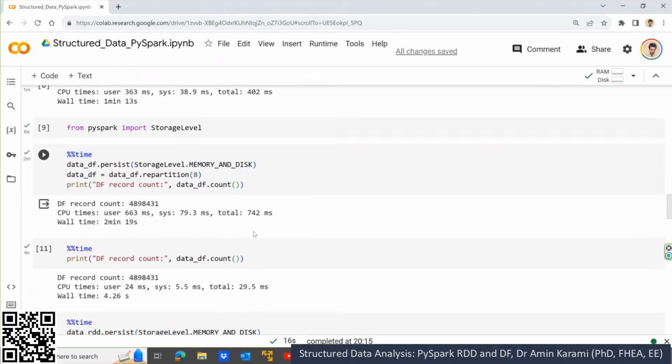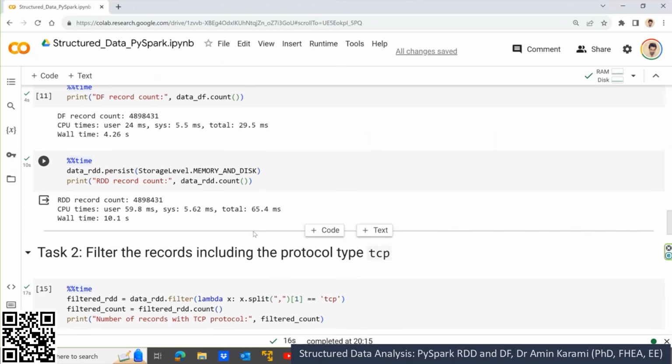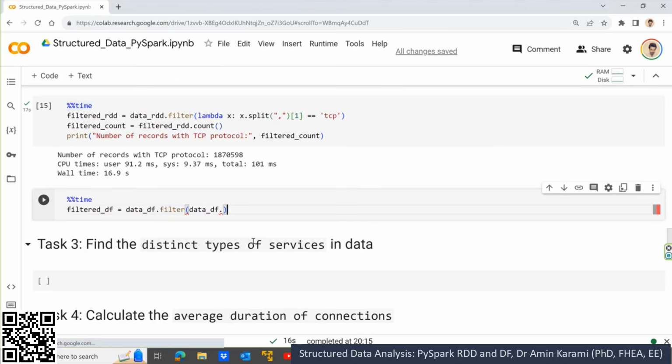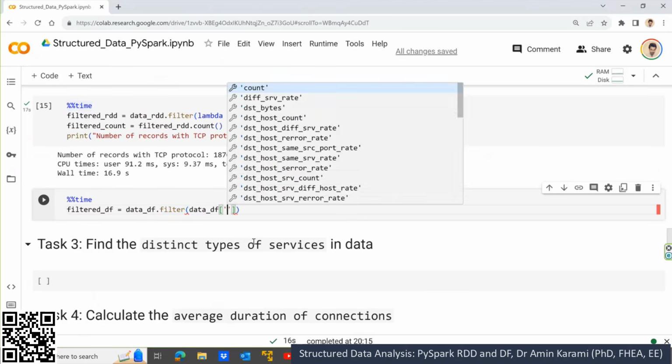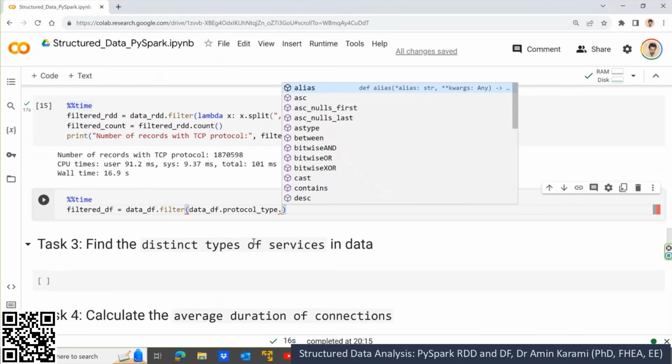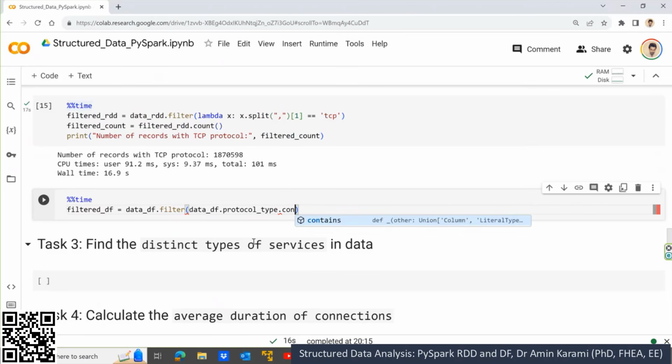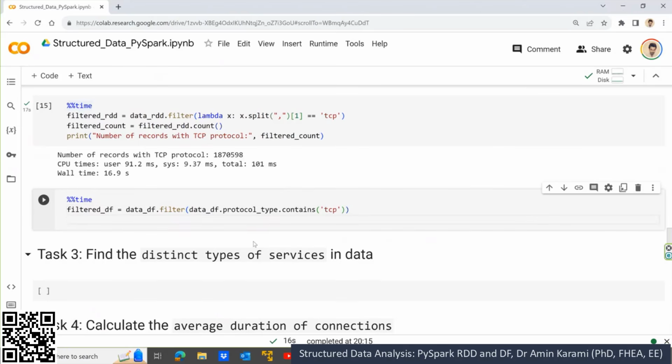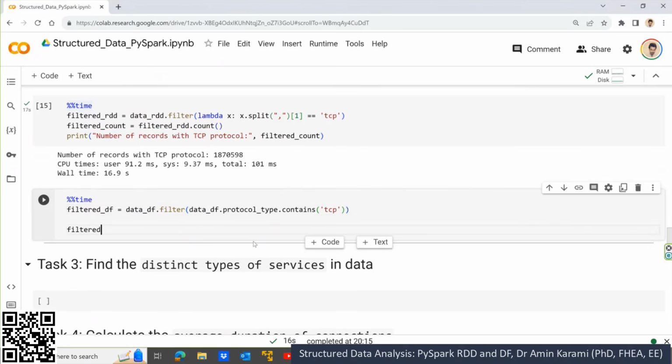So I want to use dot notation. You can use bracket notation, which means you can use bracket notation here, but let me take this dot notation protocol type. Then I want to say contain TCP. So with filtered